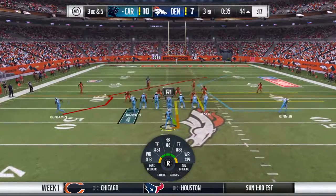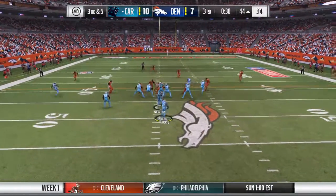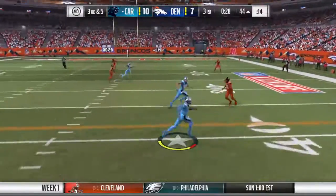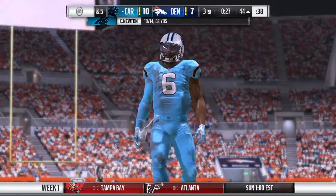When we did DeMarcus Ware's games in Dallas, did we spend most of the time talking about him rushing the passer? We did, and how about now? Oh, boy, he's expanded his game in a big way. Really does a great job in the run game now. Using his length,